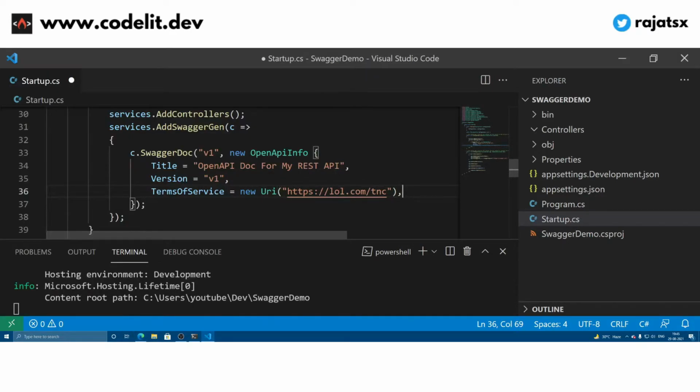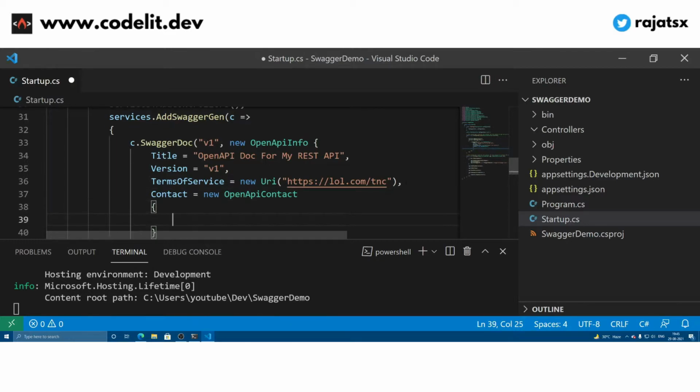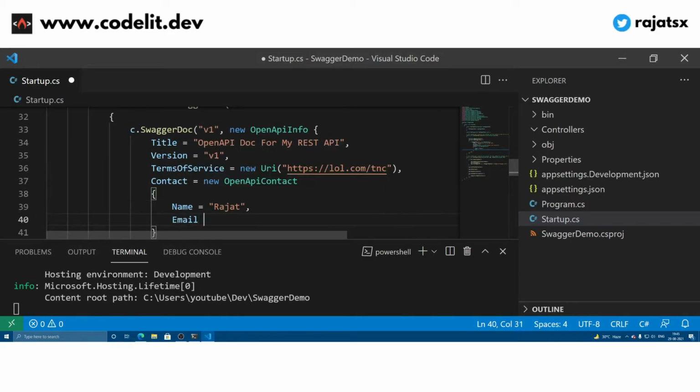Similarly, if I want to put in my contact information, I mean the contact information of the person who has written this API, I can do this: new OpenApiContact, and then I can provide the properties like name and then email at lol.com, because I am operating this lol.com fictional website in this case.